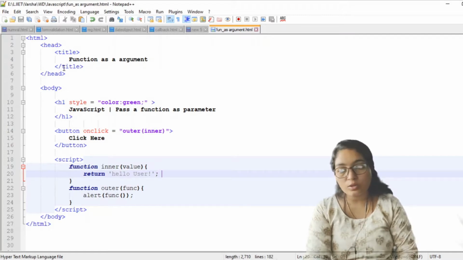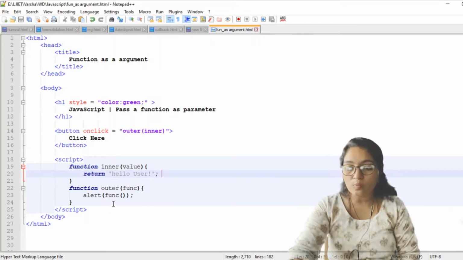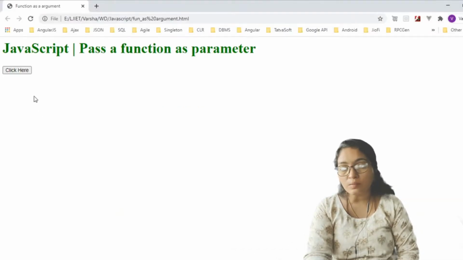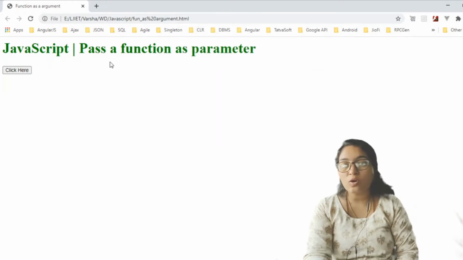Here the script is written in the body part. Let's execute this practical. You will have the output hello user when we click on the button. Here you can see when I click this button, it gives the output hello user.